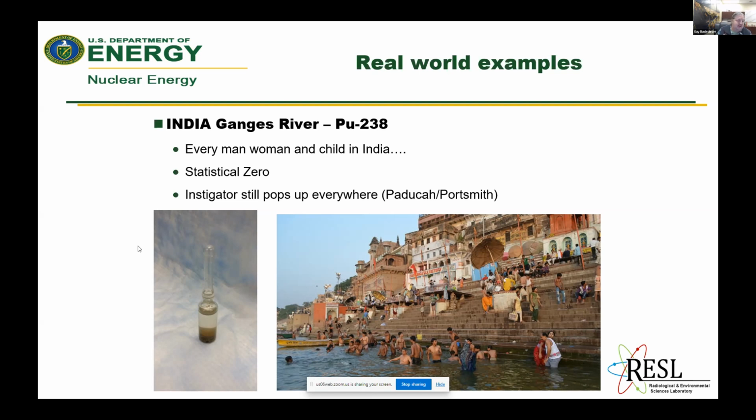As they were putting up the generator, a snowstorm comes, they had to get off the mountain, but they left the generator up there. Of course, there was an avalanche and they lost the generator. So now at the headwaters of the Ganges River,